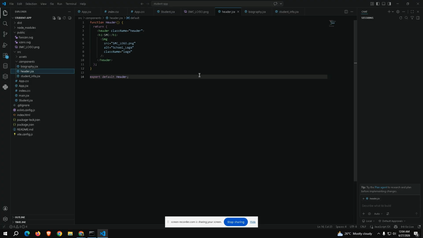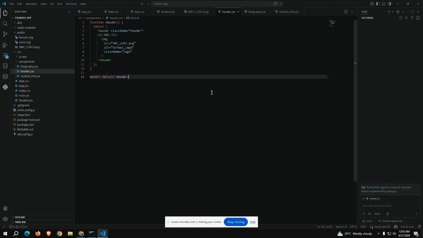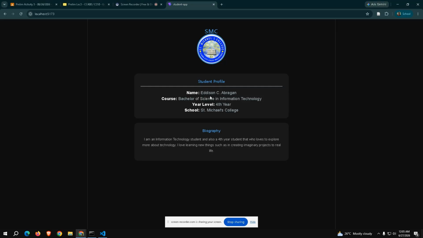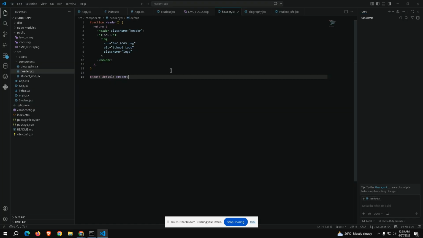So we have here my logo, the SMC logo. If you have a question, why is it that there is no prop? Basically, the header or the logo itself is static.